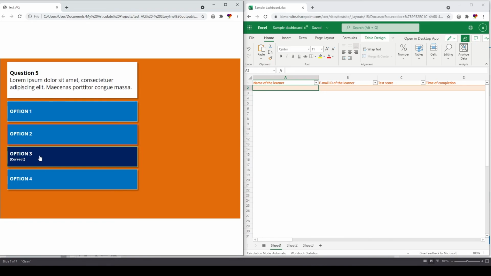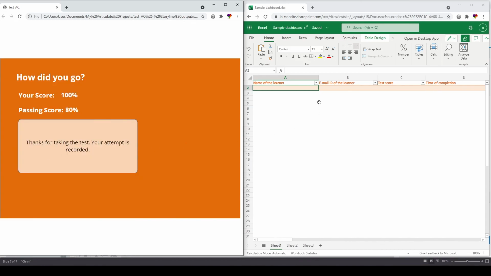So this is the last question, and what should happen in the next screen is the HTTP request should fire using the JavaScript code that we had added, and the data that we are sending across should appear in the Excel, right? The name that we have added and the email ID and the score that we are getting from the course, which should be 100%, right? And the time that I am completing the quiz, right? So let's see if that's appearing, and I'm clicking here, and anytime now,